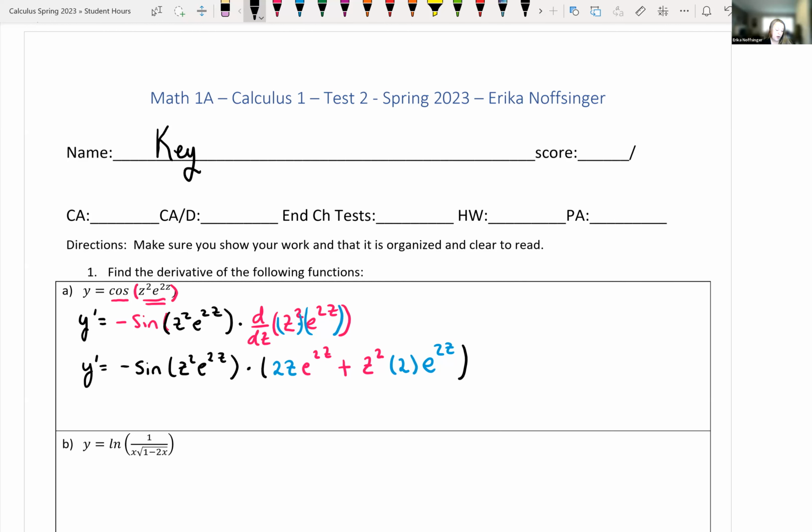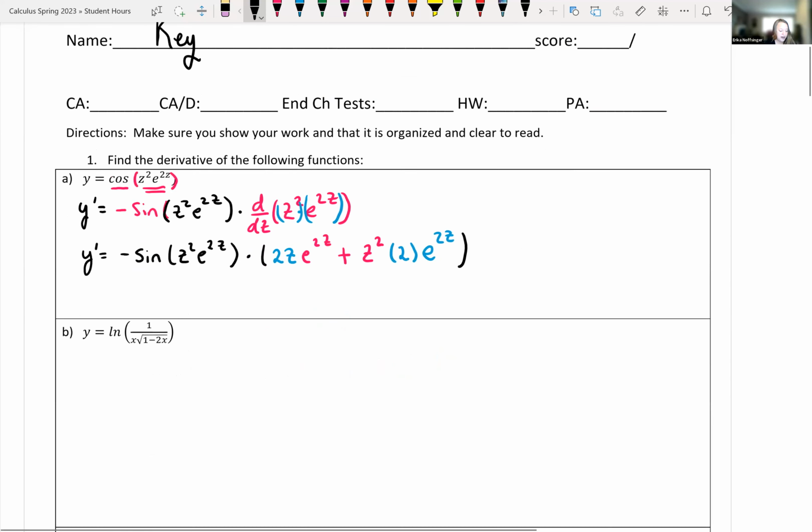So number 1, part B wants us to find the derivative of y is equal to the natural log of the following. 1, all divided by the quantity, x times the square root. Underneath the square root, we have 1 minus 2x. So again, I noticed that we're going to need to apply the chain rule here. But if we first rewrite this using rules of logs, we're going to make our life a lot simpler. So let's do that. Let's rewrite y equals